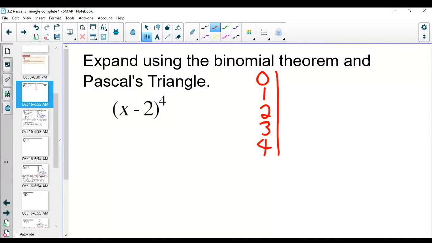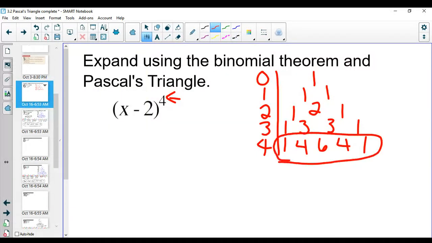So the row that you use corresponds to the degree in the problem. So since this is a degree of 4, I'm going to use row 4 of the triangle. Notice the top row is row 0. Please make sure you label it that way. Now I'm going to write out the triangle. Again, if you have no idea what I just did, please watch my video where I demonstrate how to write